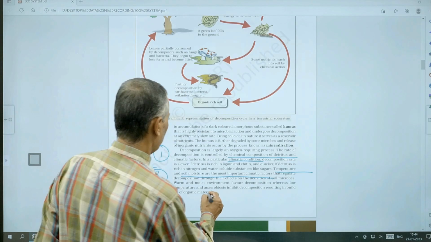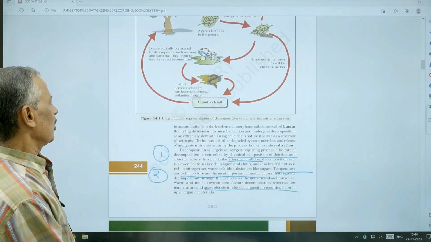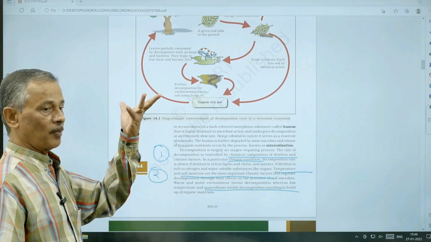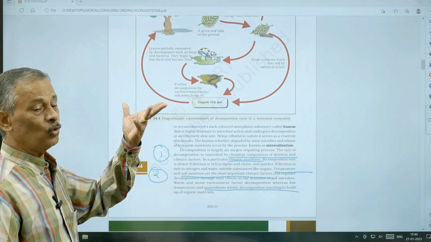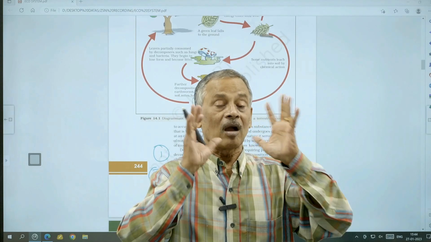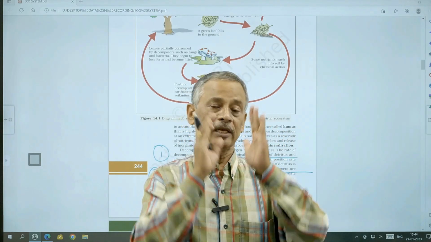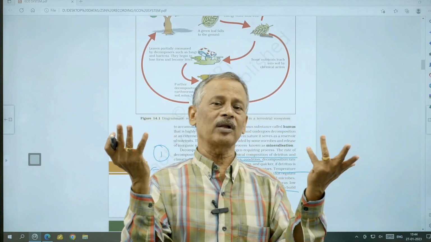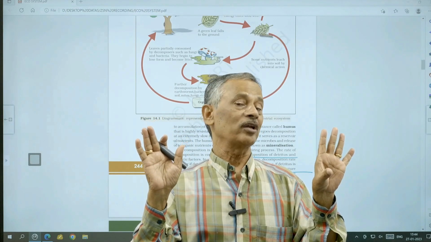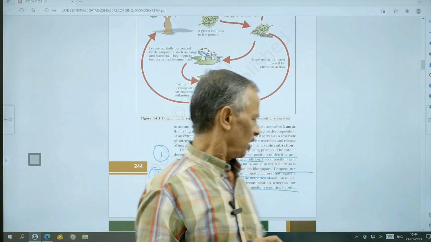So, anaerobic condition inhibits decomposition, resulting in organic material building up. So organic material is not converted into simple inorganic nutrients. Instead, it becomes accumulated. So if death occurs in polar areas, the body becomes buried in snow, no action will be occurring. It is not decomposed. Okay, so the organic matter is accumulated there.